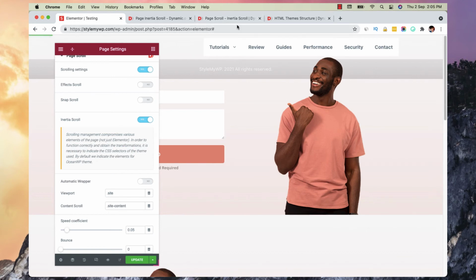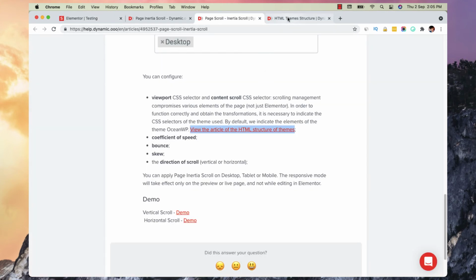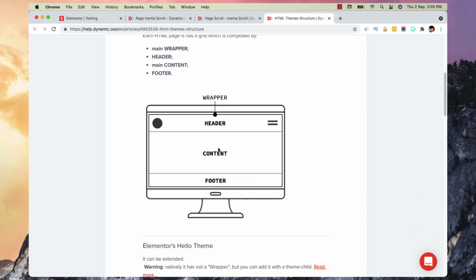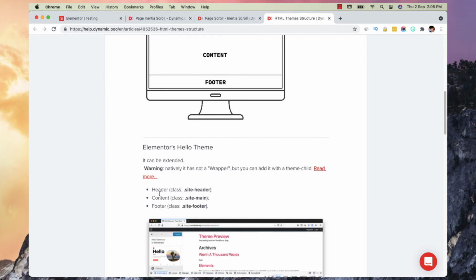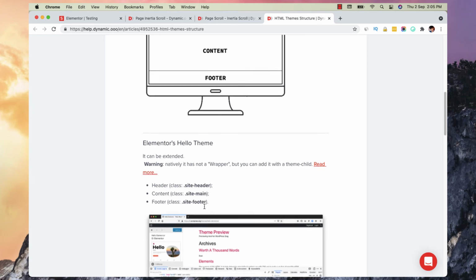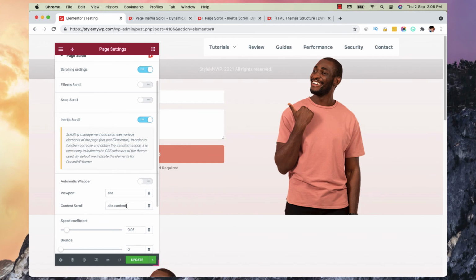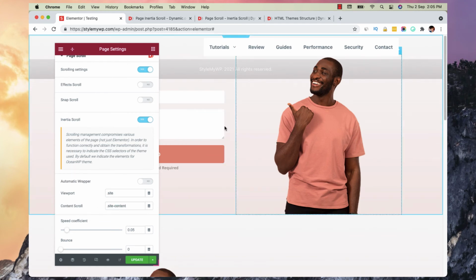But if you are using another theme, like Hello Elementor probably, then you have this wrapper, your header class, your content class, and then your footer class. So you have to copy this content and paste it right there for your animation to work properly, right?